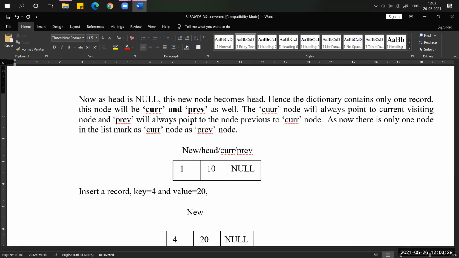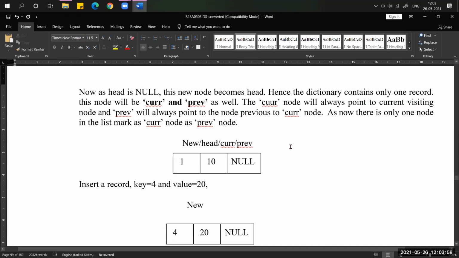Previous address and next address. When we started to display all the nodes, the variable we used was current. Current is pointing to the currently visited node. Previous means the pointer variable that points to the node previous to the current one.